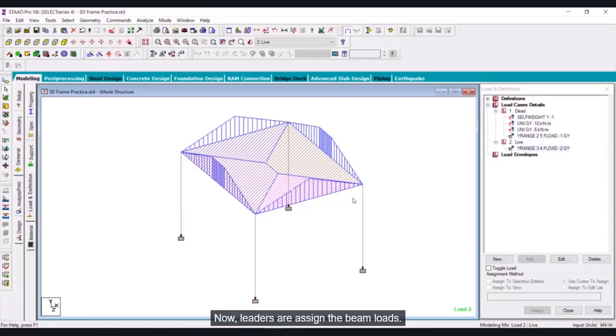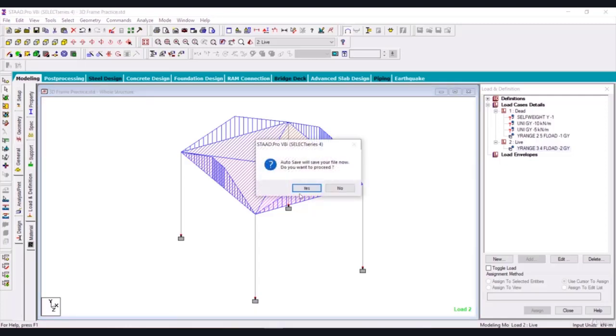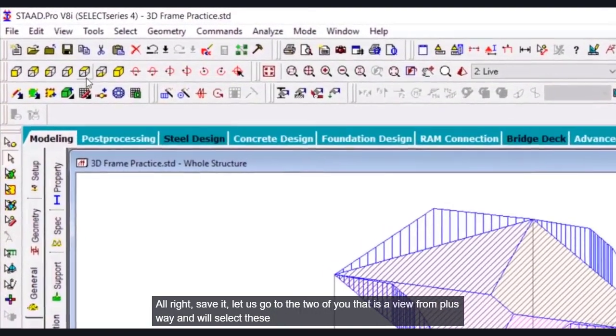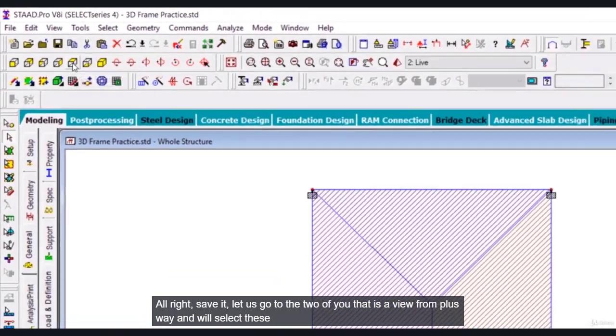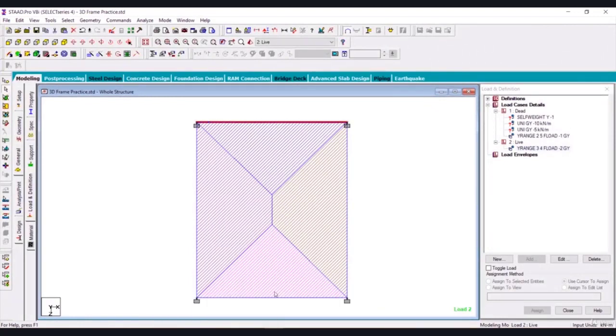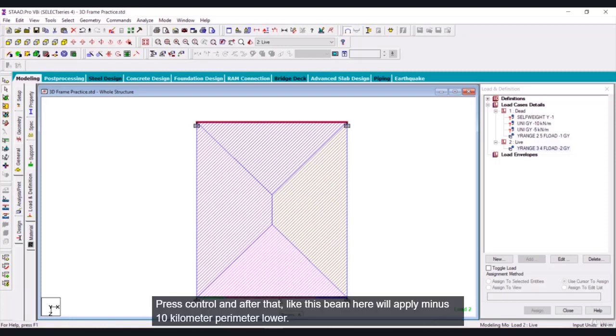Now let us assign the beam loads. For that we have to select the beams. Let us go to the top view, that is view from plus Y, and we'll select these two beams. Once you select this beam, press Ctrl, and after that select this beam. Here we'll apply minus 10 kilonewton per meter load